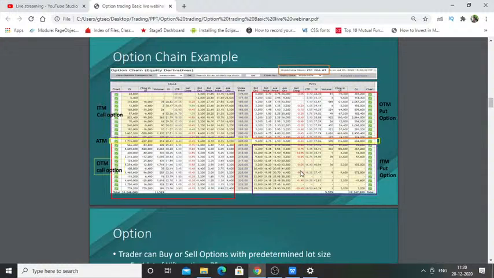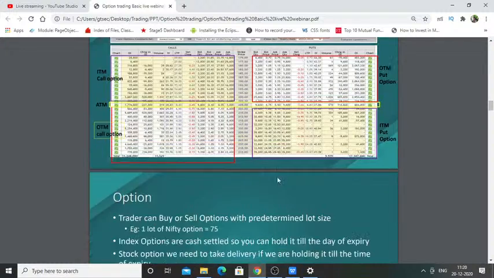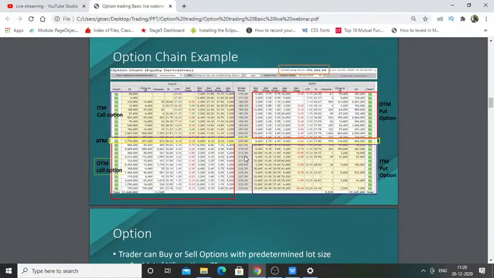And if you look at the right side bottom here, these are in the money put options. These are all strike prices trading above the current stock price level. So hope you guys are getting some idea about what is in the money, what is at the money, and what is out the money, and how to define that by looking at option chain data. Okay, so this is an option chain.